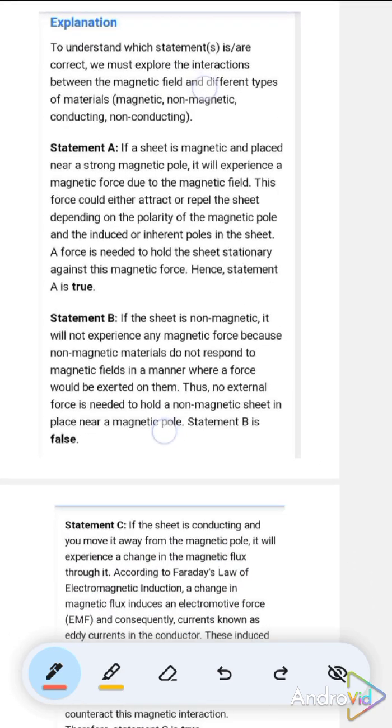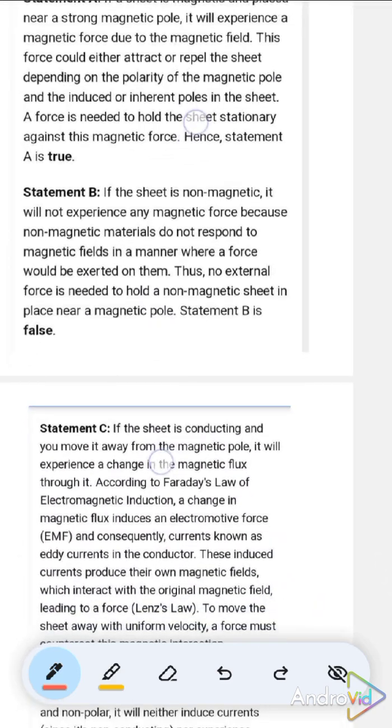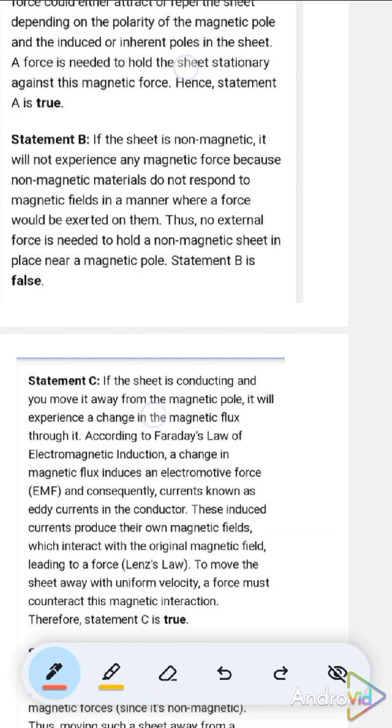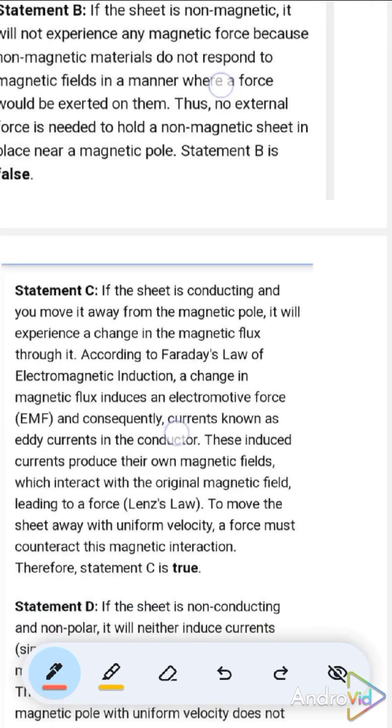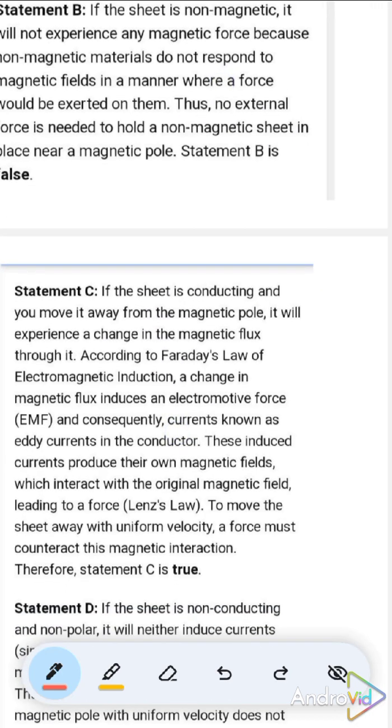Now let's see option C. If the sheet is conducting and we move it away from the magnetic pole, it would definitely experience a change in the magnetic flux through it. And according to Faraday's law of electromagnetic induction, that is EMI,